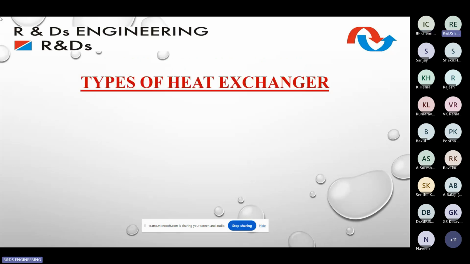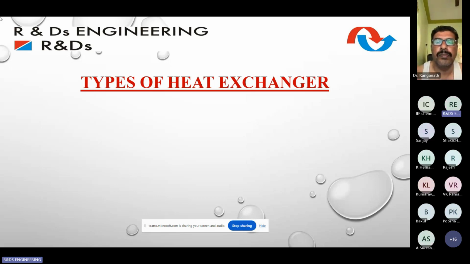Now, types of heat exchanger. See, basically, the heat exchanger, of course, this is in a very basic sense only. Wherever there are two moving parts, rotating parts, where friction is happening, because of the friction, heat is generated. This heat can be removed either with the help of air or with the help of a fluid like water or glycol or any fluids. So these are the two media which are required to cool the substance.